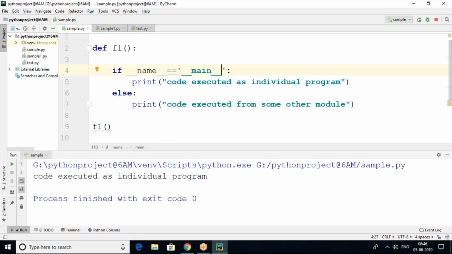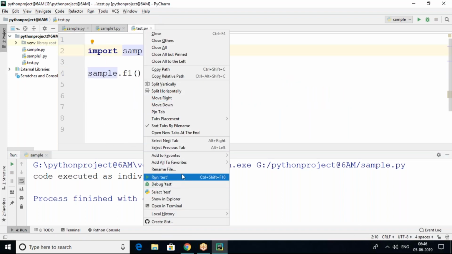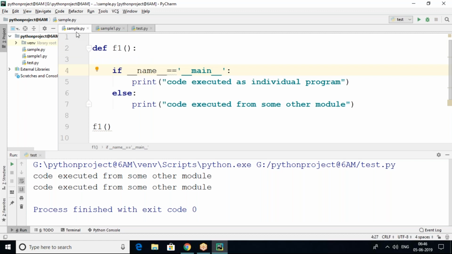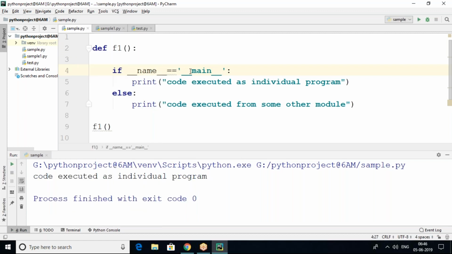This is going to be executed as an individual program, and the other is executed from some other module. It's not an individual program, it's working through some other module. And this one is going to be executed as an individual program because the value of the special variable is main. So it's going to execute as an individual program only.